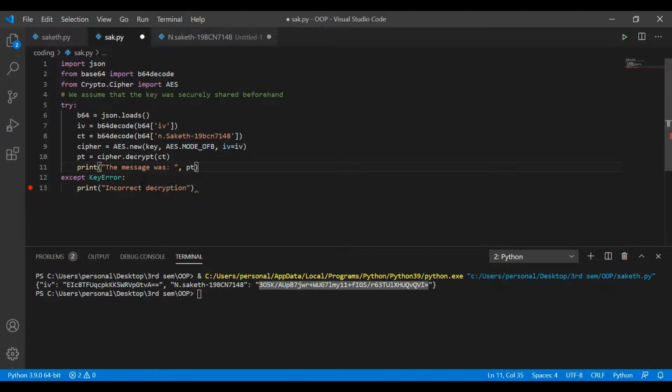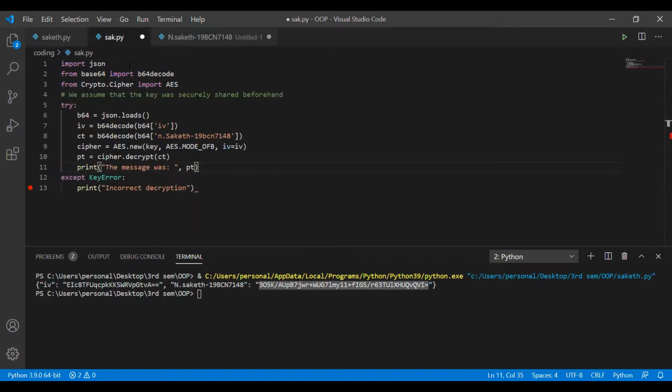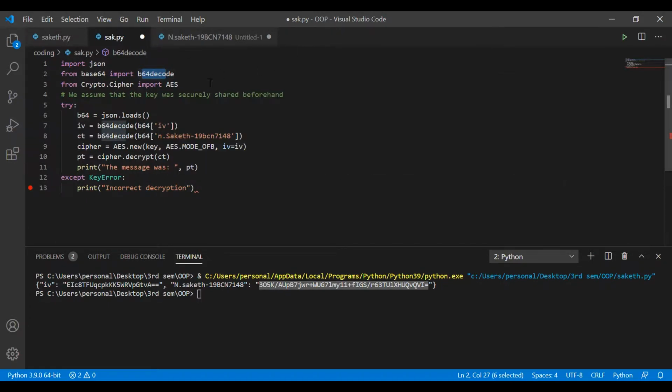We are using the try and except method in this. Previously I used b64encode, and now you are going to use b64decode. Here I am using b64decode, which can decode the encoded part, and the same is used here and here.